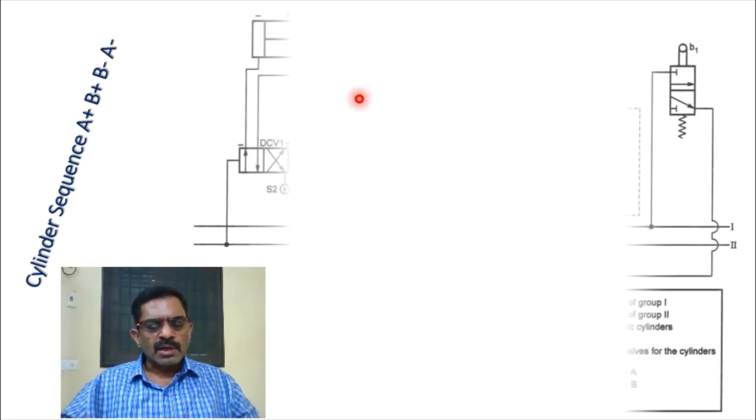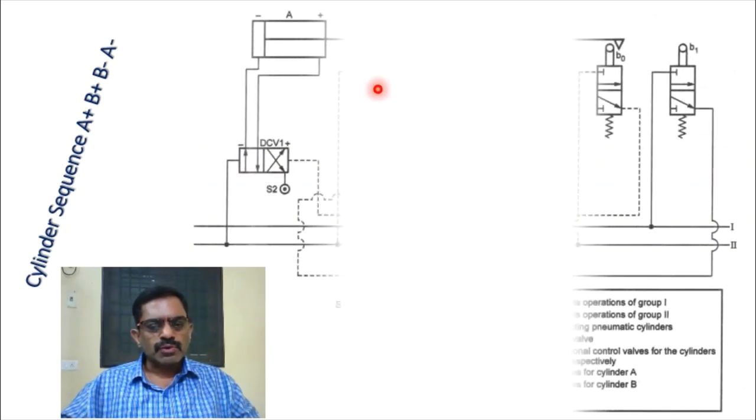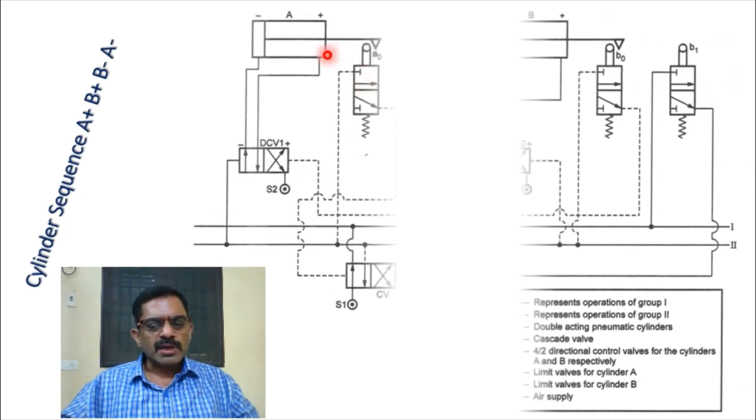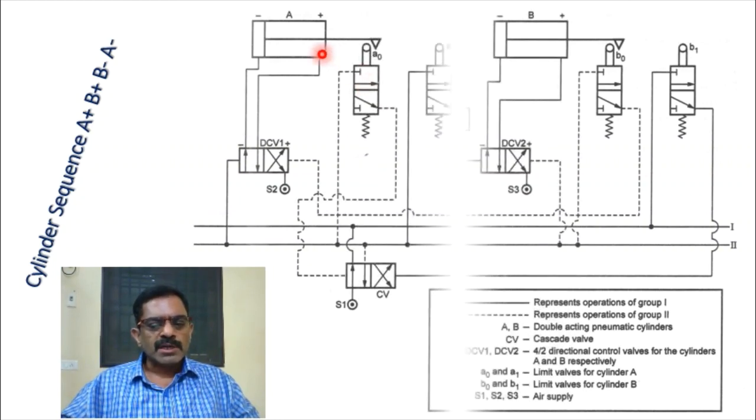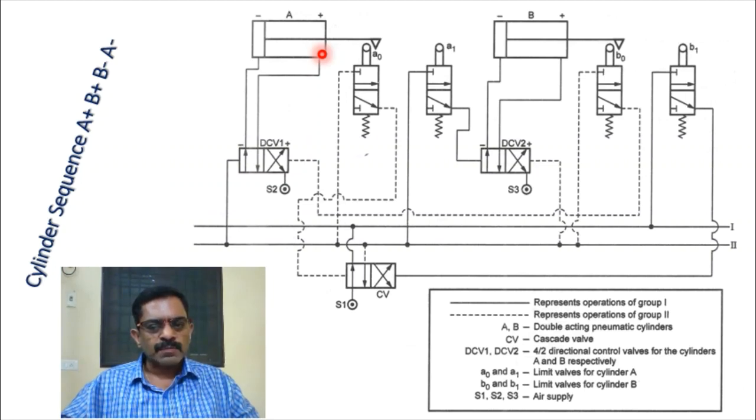Suppose we have two cylinders, so 2 into 2, you multiply by 2, and that many limit switches you are going to have. So you have two cylinders, so there you are going to have 4 limit switches, and for each cylinder you have one DCV. So for the B cylinder you have one more DCV,